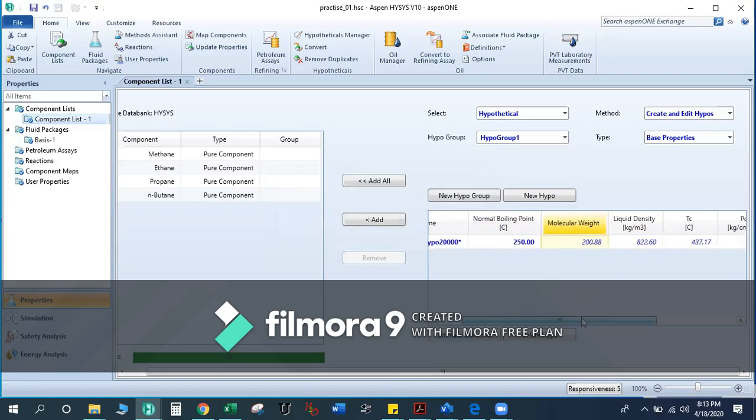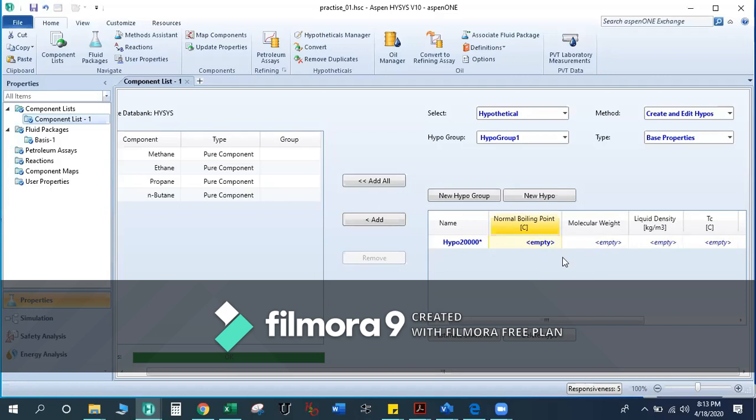Estimate Unknown. Either you should know the boiling point, or you should know the density and molecular weight. First, I have defined the pseudo component by providing the normal boiling point.